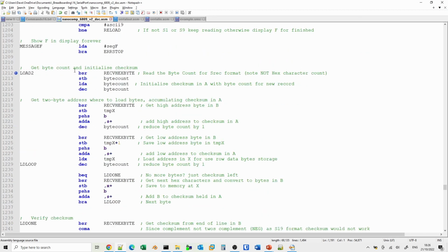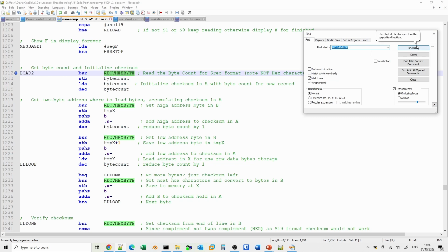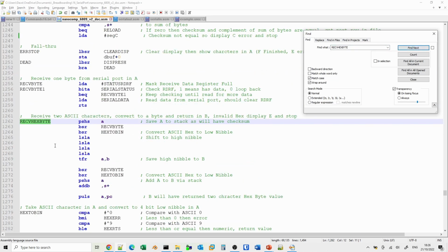And what this is doing is using a common subroutine here, receive hex byte. So if we go and have a look at this, you can see it's used in a number of places. The receive hex byte saves the value which we've got in the A register. So the A register is going to have the running total of the checksum generally. We then call a routine to receive a byte value, and then we call a routine to convert that into a hexadecimal value.